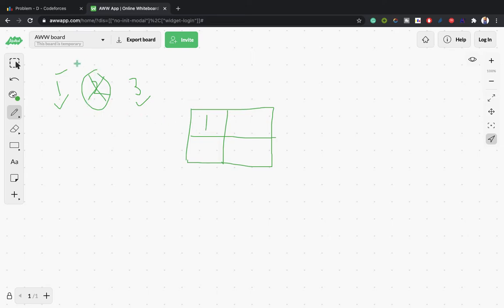In the second turn, again Alice will choose one of the three colors. Let's suppose she chooses 3. Then Bob can choose 1 or 2 and place it in any of the boxes. Now the condition is he can't place 1 here, because it would be adjacent to another box where 1 is already there. Bob has to place the colors in such a way that no adjacent boxes contain the same color.